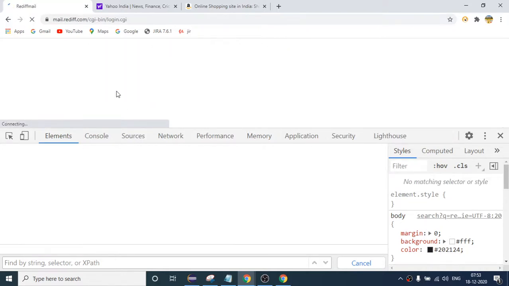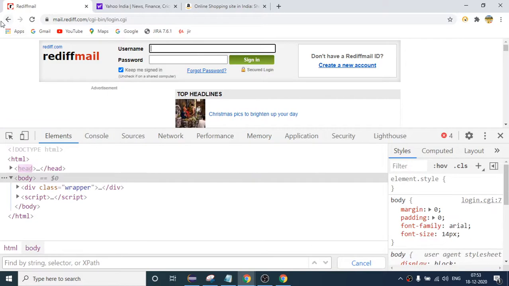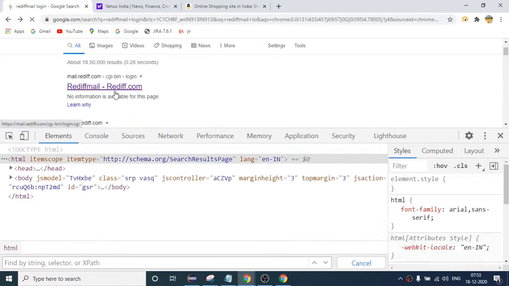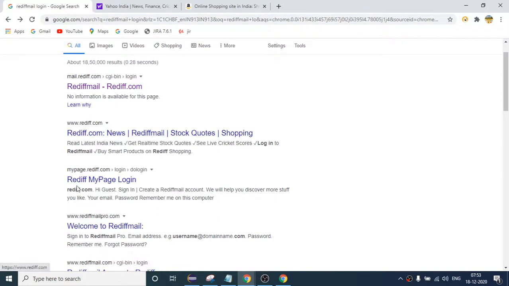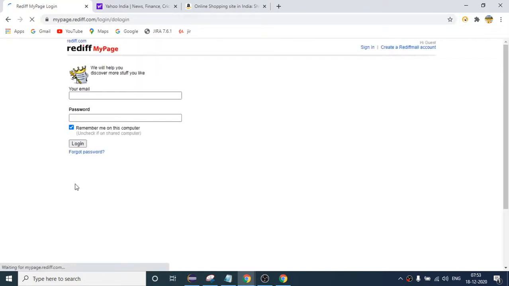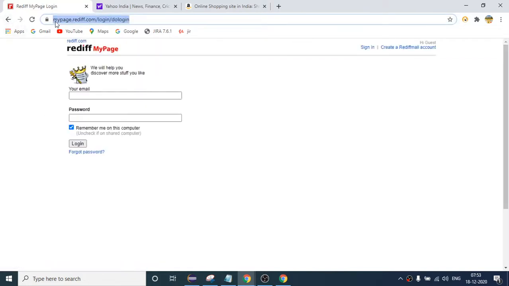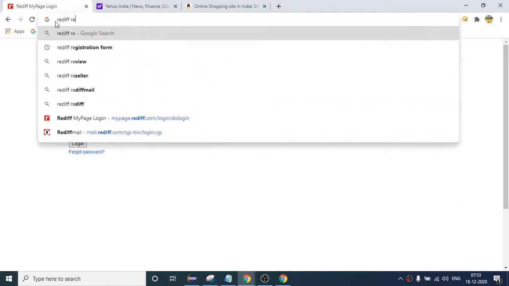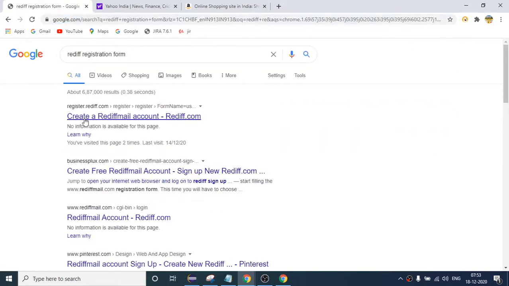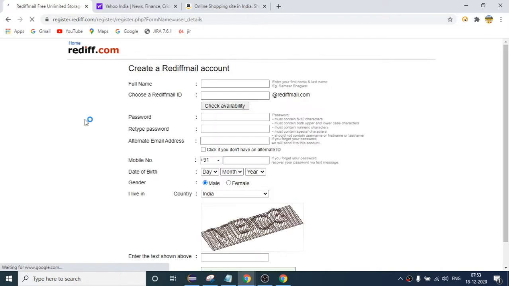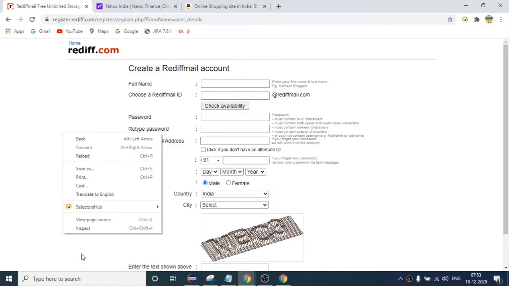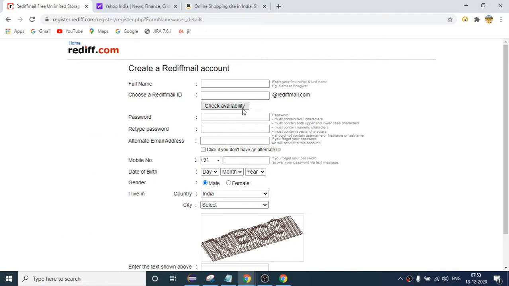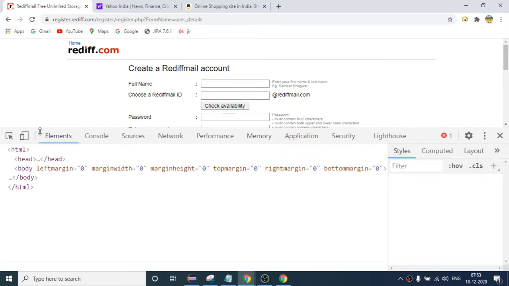In the last lecture we saw that if I try to click on check availability, this ID will keep on changing.